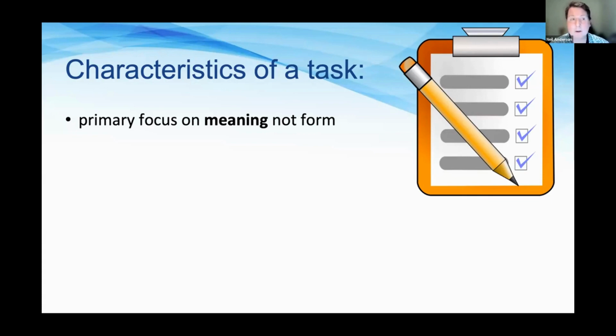First of all, as you can see on the slide, tasks focus on meaning, not form, as their primary driver. So tasks aren't about getting students to display that they can use a particular form of language, a particular structure, for instance. Rather, they're using all the language at their disposal, and in doing so, they are making meaning or creating meaning.